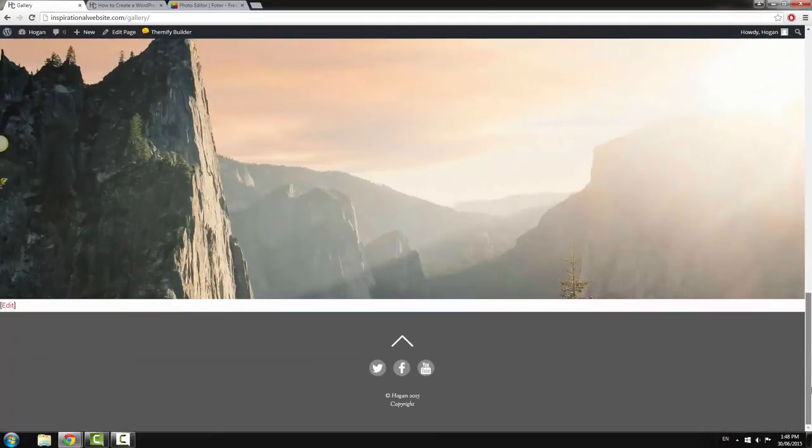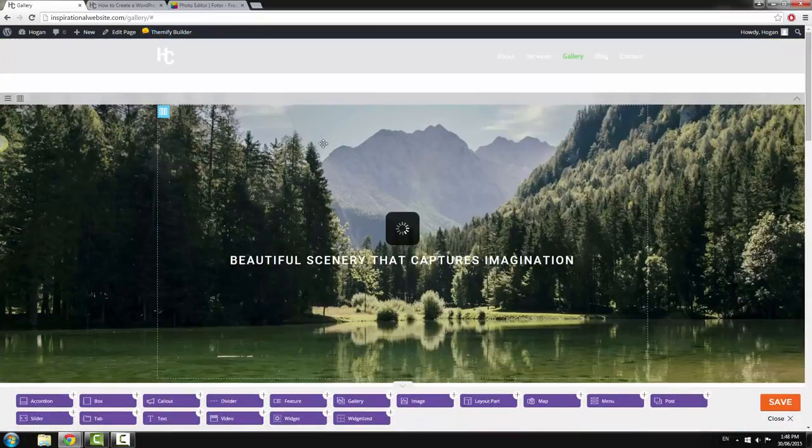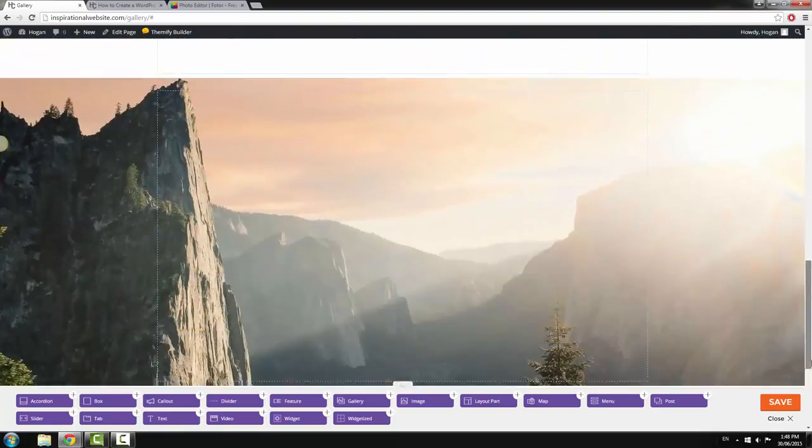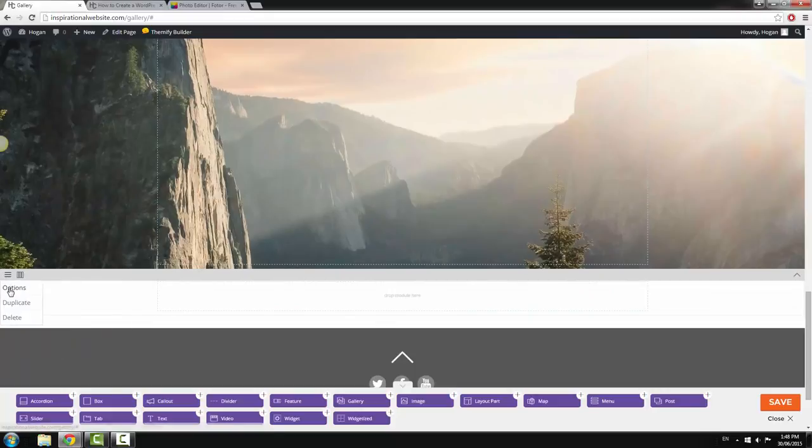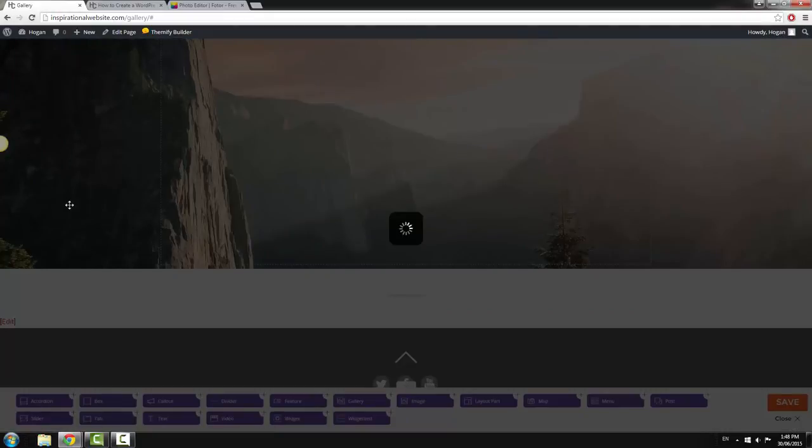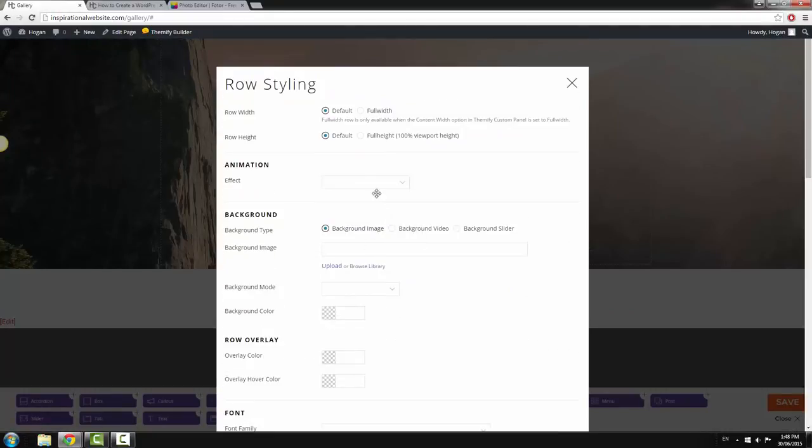Okay, so now let's move on to the exciting part. We're going to add the slider and also the animated background and all those things. So turn on the builder, scroll down and go to the row options. Set the row options row width to full width,